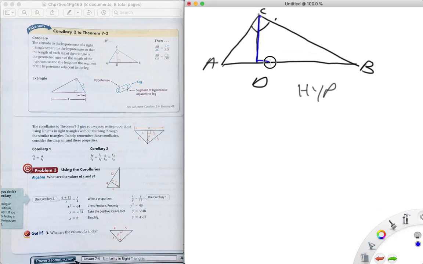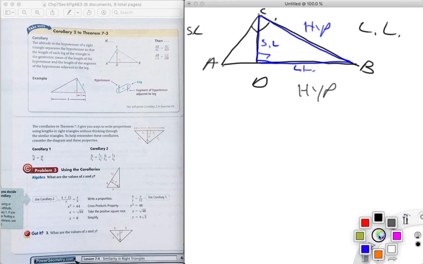Of the medium triangle, this is my hypotenuse. This is my short leg. And this is my long leg. Of the overall triangle, this is my long leg. This is my short leg. Of my small triangle,